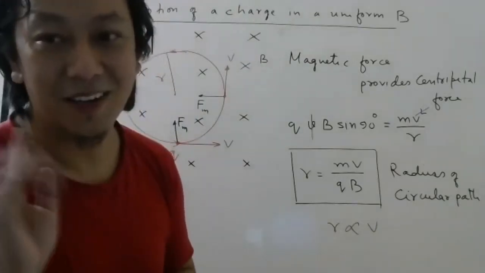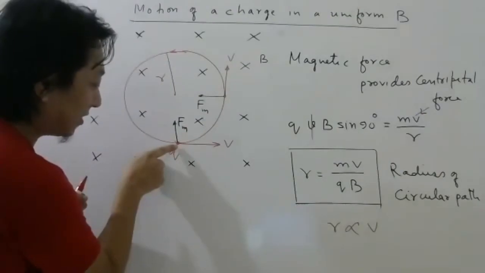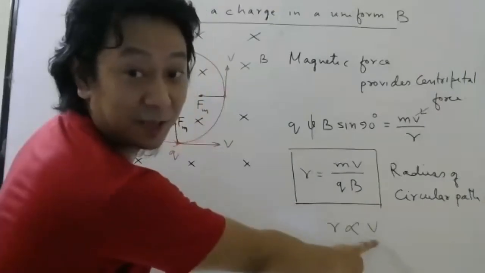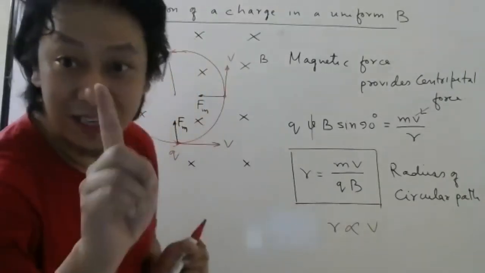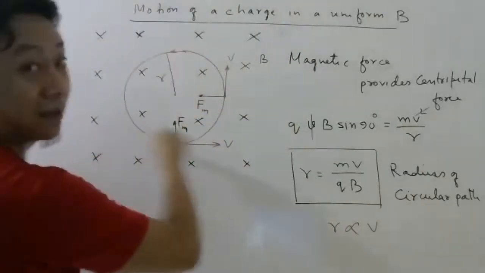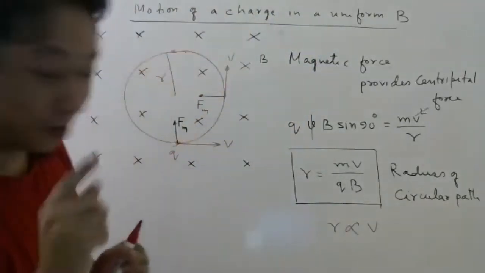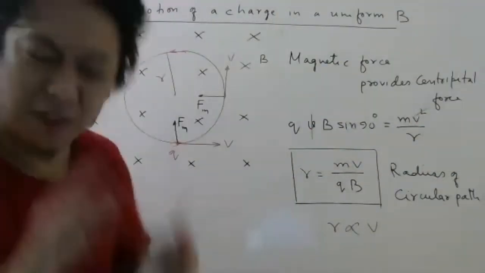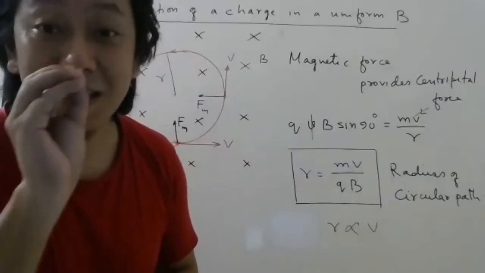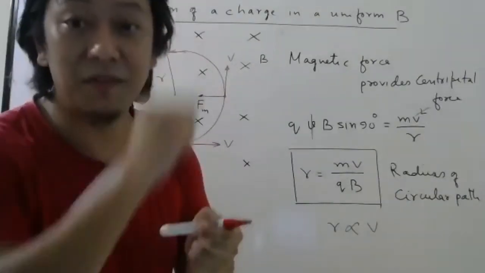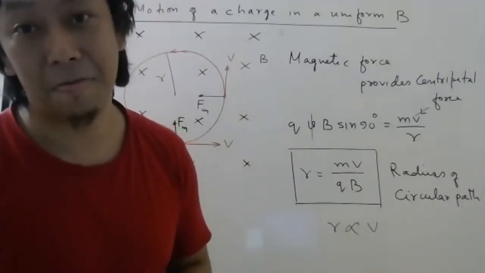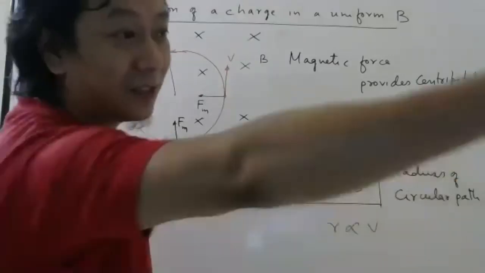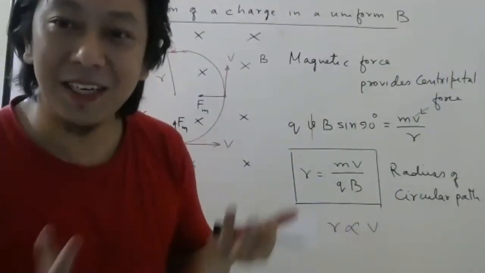Magnetic force cannot do work. Electric field can do work. So when it reaches here, suppose I somehow push it like this, then its speed will increase. The moment the speed will increase, the radius has to increase. So it will go in a bigger path. Understood or not? So the moment its speed increases, the radius also increases. Very, very beautiful. Which means the time taken to complete one revolution will remain constant. Okay, so if you run faster, your path is becoming longer. So you ultimately take same time.